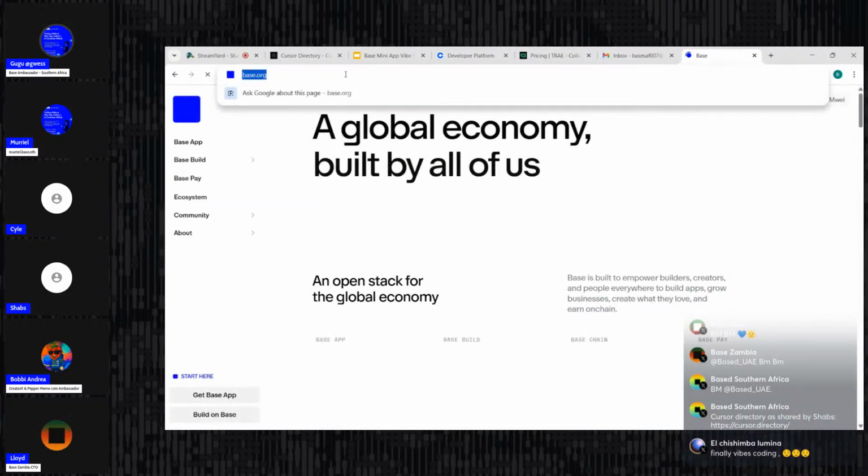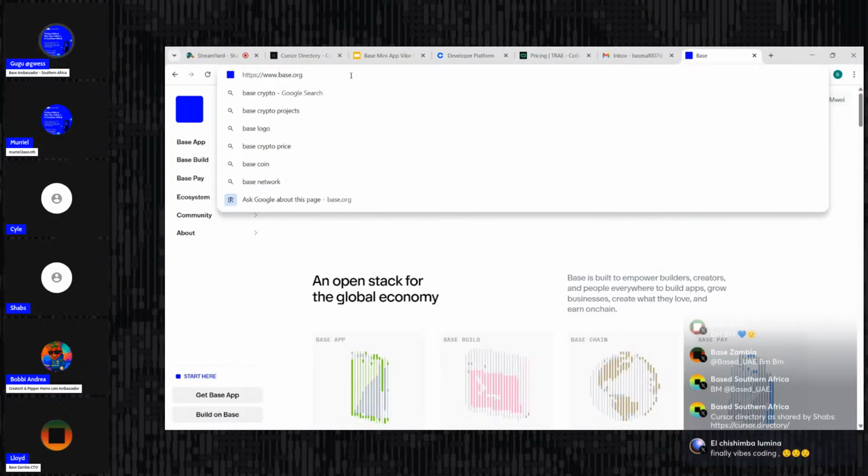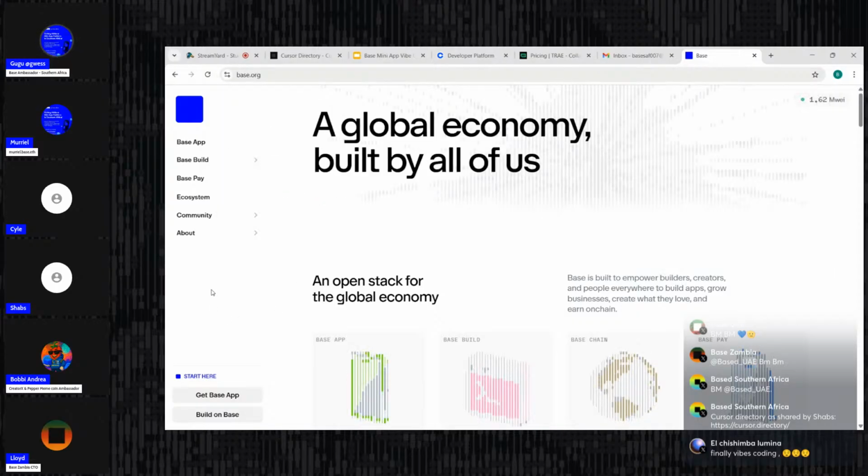I'm reluctant. It's going to hang my system, right? The AI is going to hang my PC. If I start building, it's going to start getting slow. So I'm reluctant to try and build anything in this session, since I'm hosting and managing the StreamYard. But yeah, I think we can get you to do that tomorrow evening, right? We can go step by step, starting with building Base mini apps.